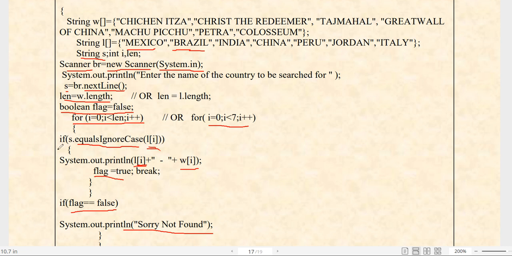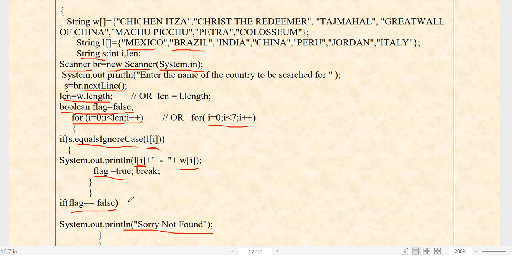I have discussed this problem here because you people have confusion about what kind of method to apply if the array is declared as a string. So take care of this: if you are taking string arrays, you have to use a string method like equalsIgnoreCase or equals. But if it is an integer array, then you have to use the simple relational operator double equal.